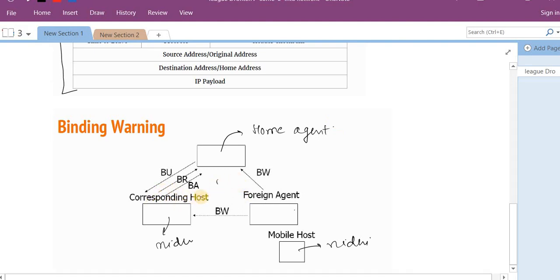So suppose the correspondent node wants to communicate, sorry, it is Richa. Once the correspondent node wants to communicate with me, it has to send the binding request to the home agent. The home agent will forward the binding update. After updating the care of address of the mobile host, that is Nidhi, Richa will forward the message that is called the binding acknowledgement in order to maintain the reliable communication. Next time when the foreign agent receives a message in IP within IP format, it has to send the binding warning to the home agent as well as the correspondent host, right?